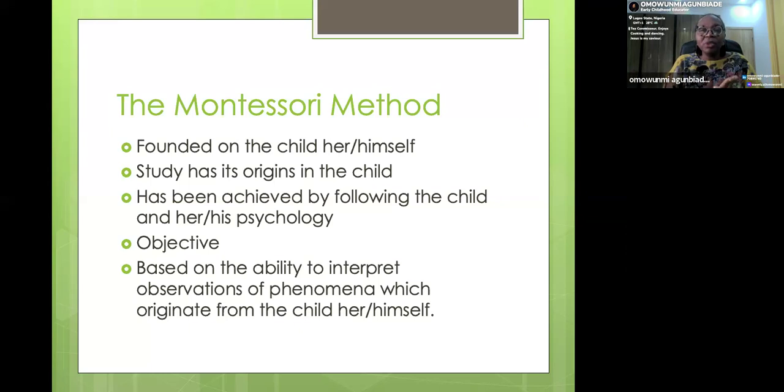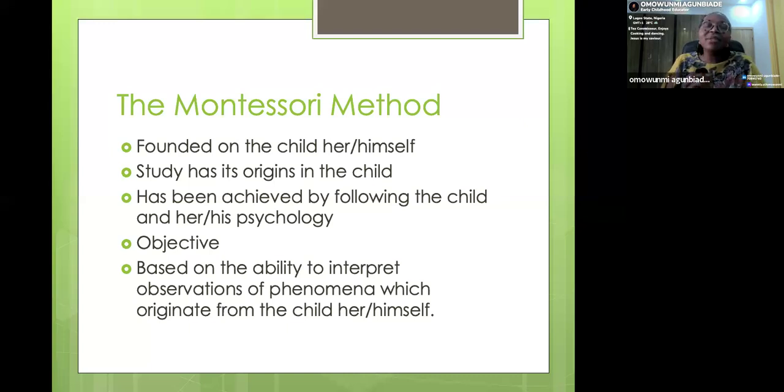Where there are ground rules, it's not that children are just free to do anything. They are guided. The freedom is guided. And then because it's freedom with limits, you give them the opportunity to self-direct their learning. So they're able to direct their learning by themselves. That's how you become a facilitator. And then we'll look at the practicability as we go on.